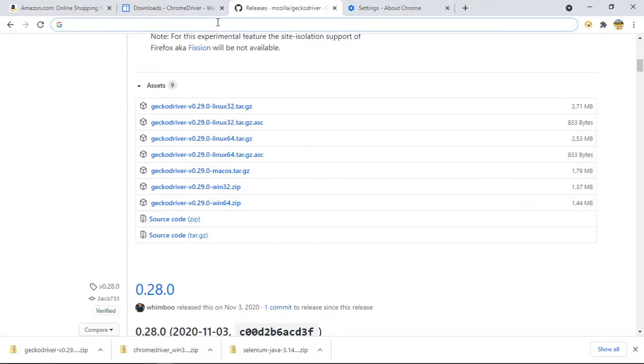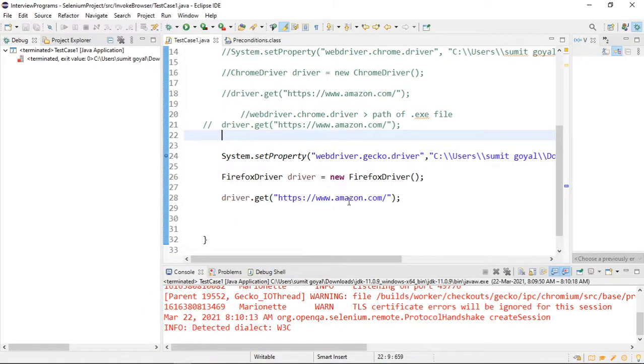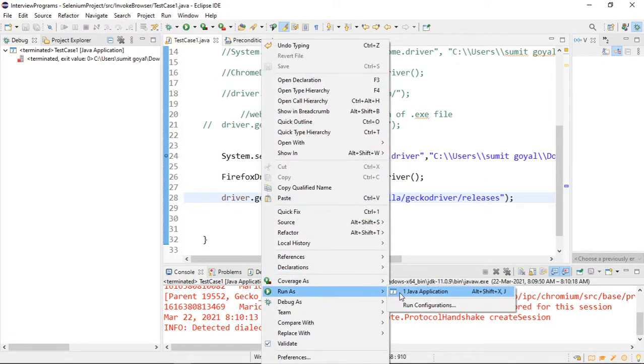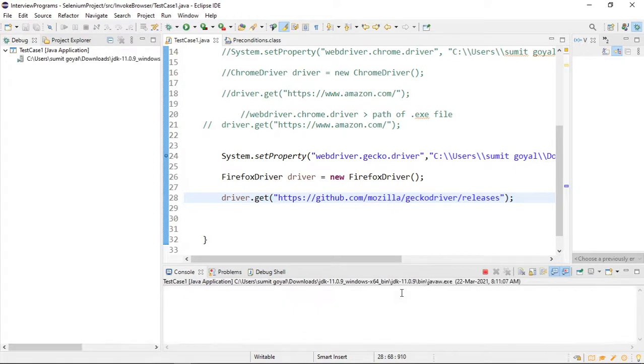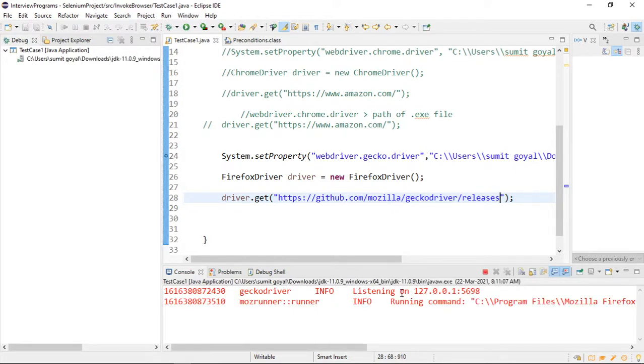Let me open this URL instead of Amazon. So it has opened, and after that it will open the URL which we have given.